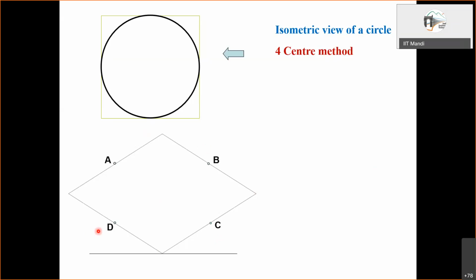A, B, C, D. Next, a corner point is marked here, you can see, and likewise the opposite here. Then what is done? From the corner point, one of the midpoints is joined, then the other. From this, again the same thing repeated. Let us have a look at it again.